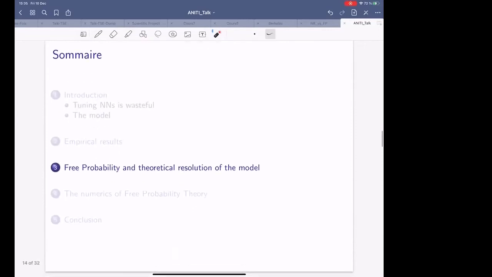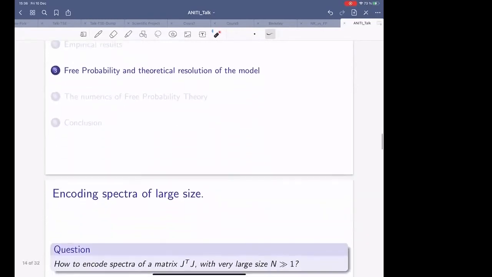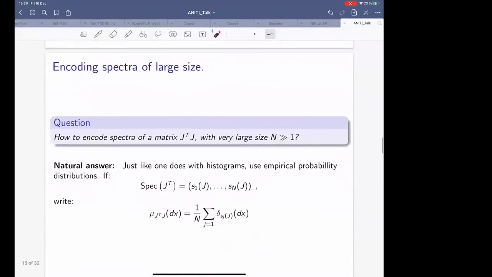Okay, so now we're done with the friendly part, and we move on to the mathematical part, which tells you what this black magic is. Actually, Nicolas, thank you very much for suggesting the word black magic. So now it's time for my own black magic method for computing this indicator. First, a basic question: how do you encode a spectrum of large size? You have a Jacobian matrix of size